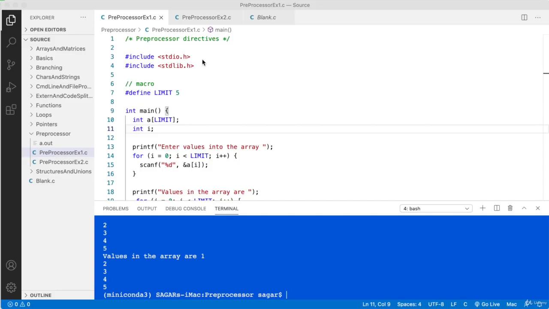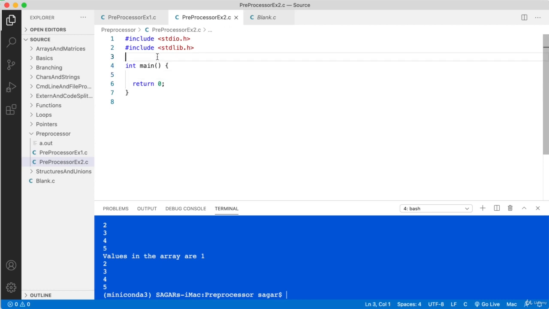Now that you know what #define is, let's dive a little deeper and see where else #define can be used. Here I'm going to define a new macro. I will name it sqr of x, which is x times x. This macro can also accept arguments, but there is a slight difference between a macro and a function. Let's understand that.